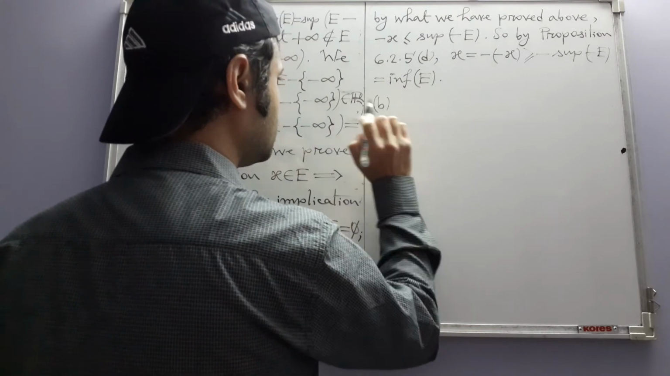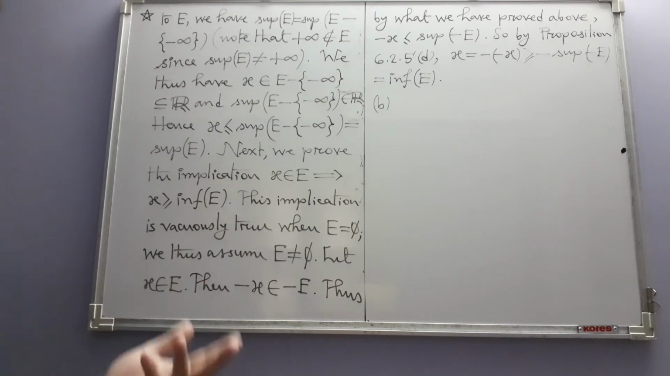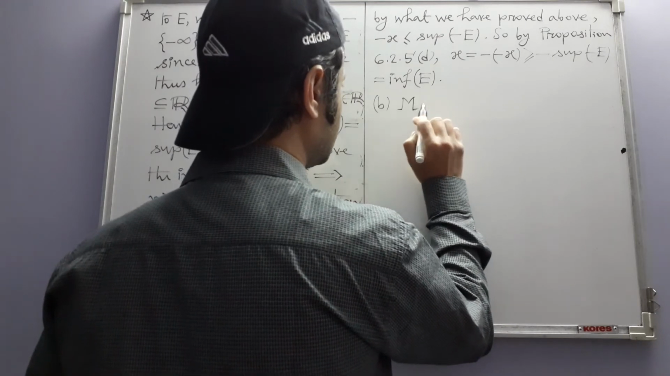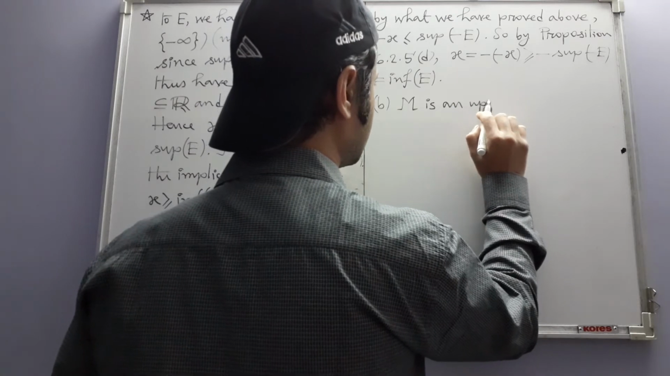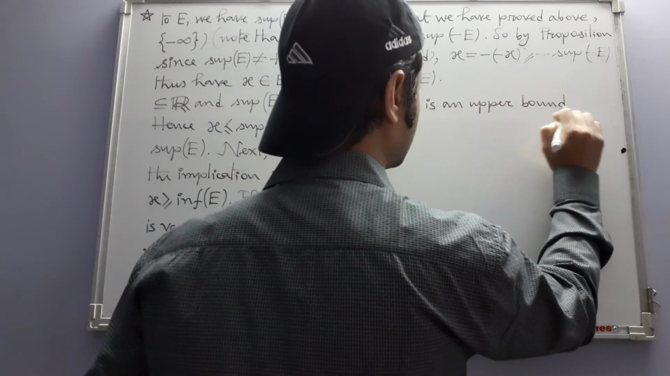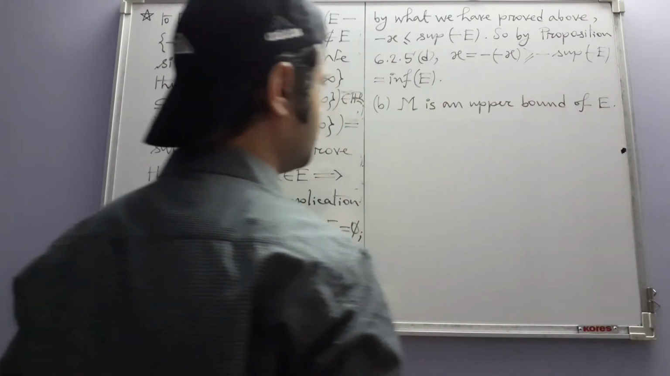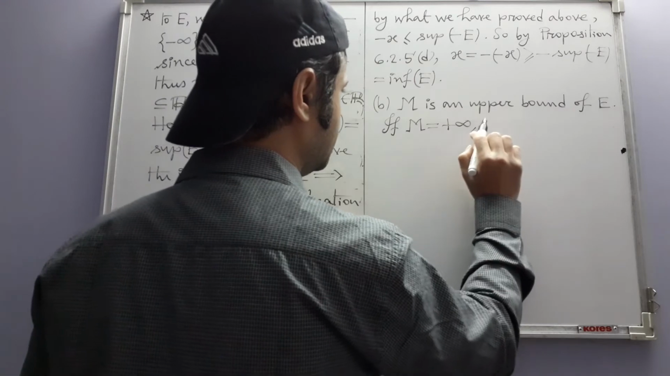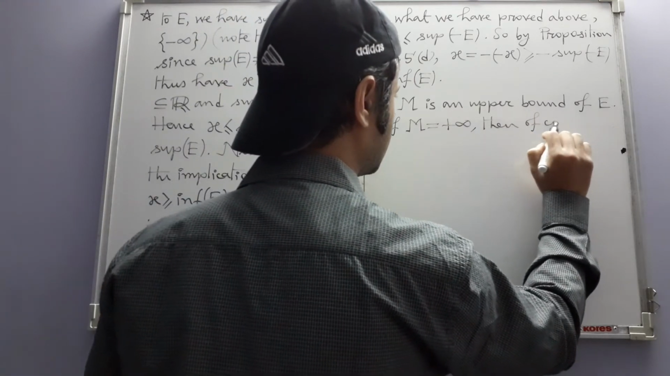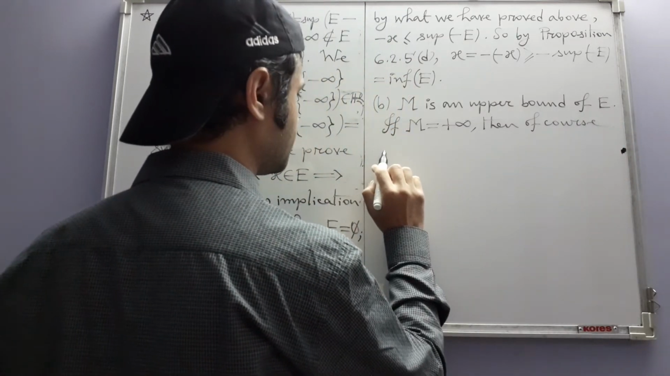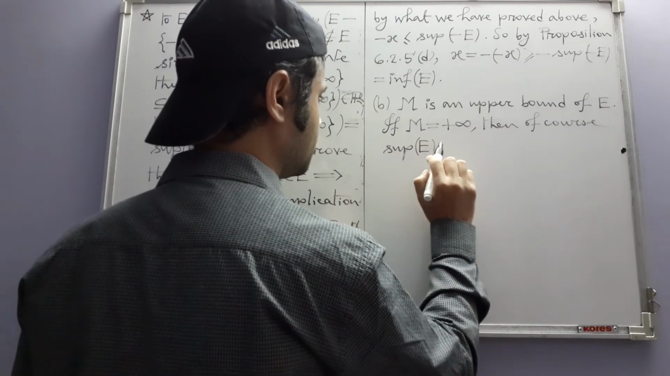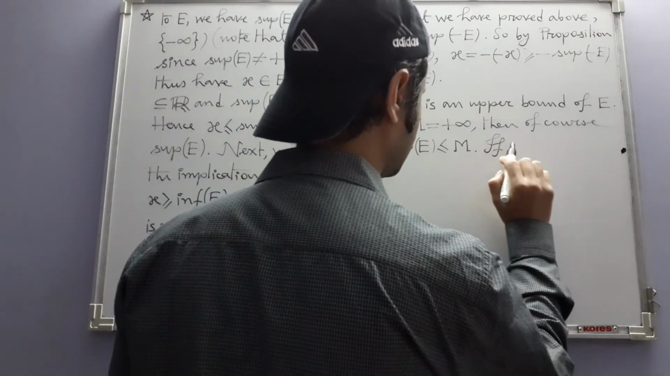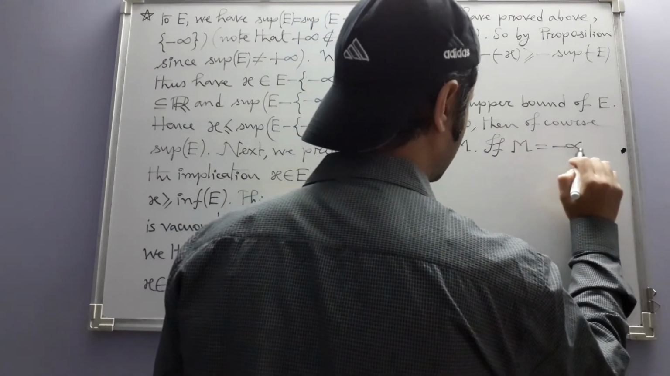Then in part B, it is given that capital M is an upper bound of E. If M is equal to plus infinity, then of course the supremum of E will be less than or equal to M. If M is equal to minus infinity, then